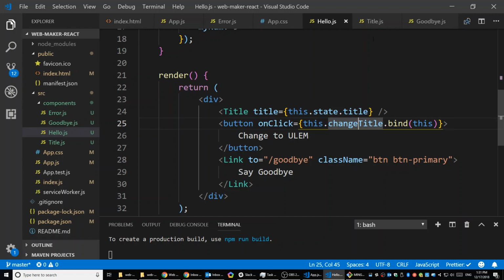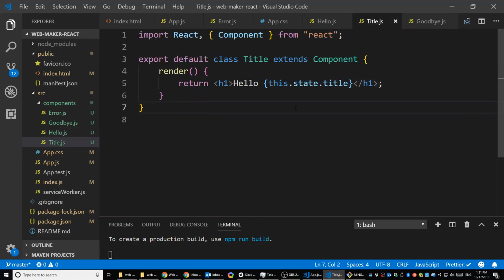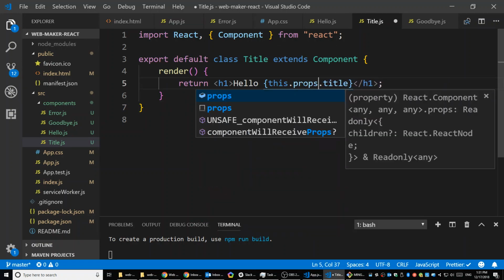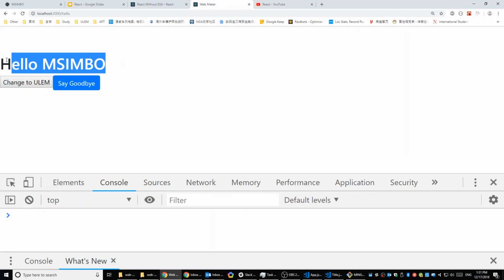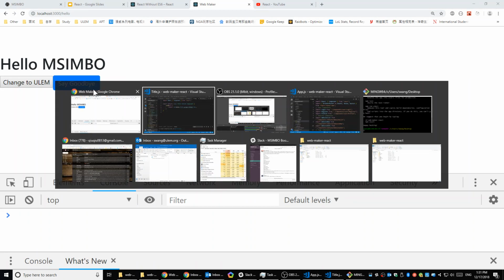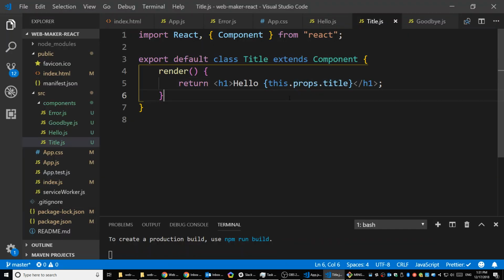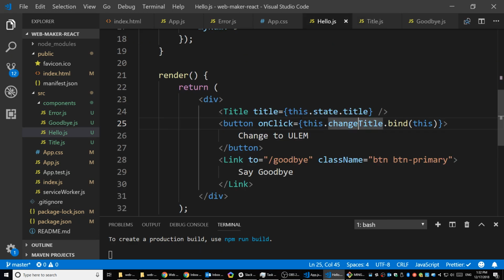And in this case, in your title, if you want to use any data sent from your parent component, you're going to say this props the title. In this case, it's going to show hello M symbol, because it's getting the title from its property, right? And the property is a state we're sending from the hello component to the title component by saying title is equal to this state of title,